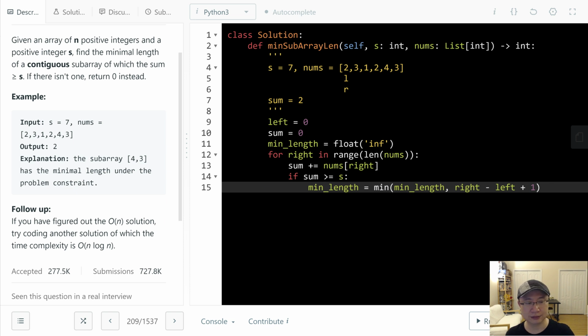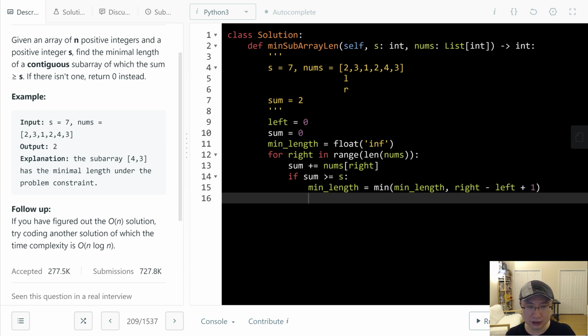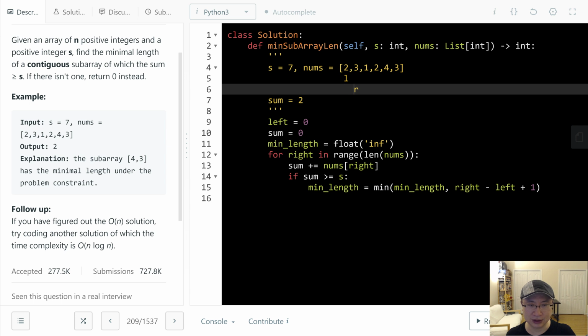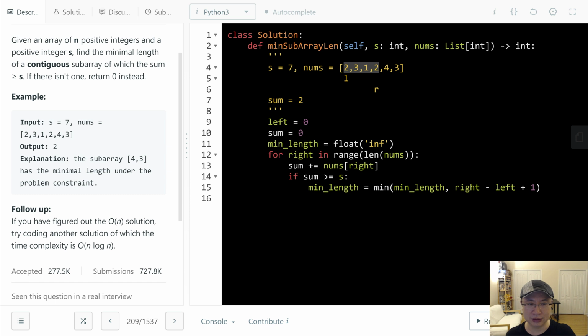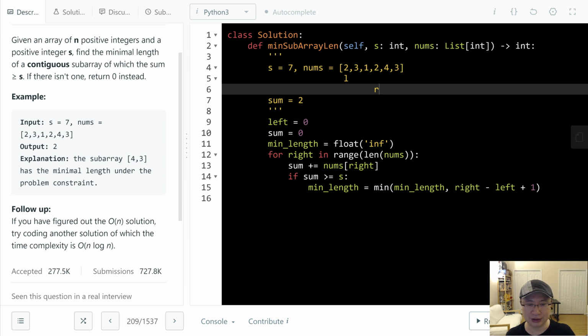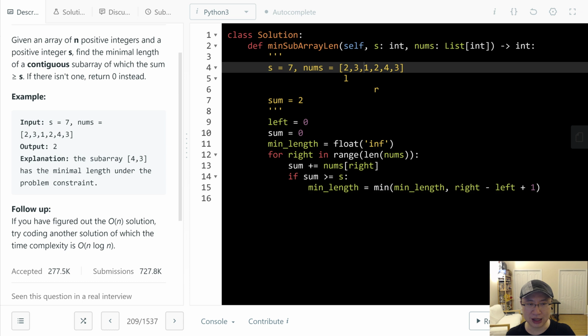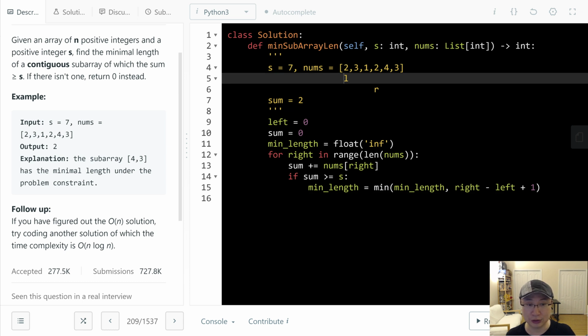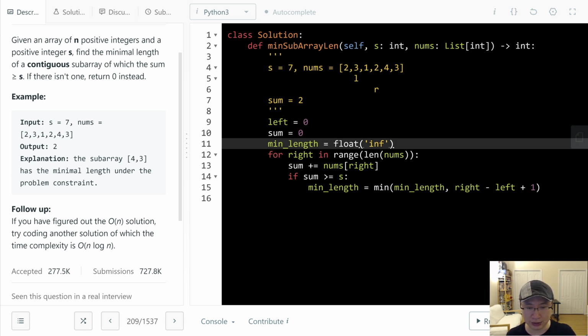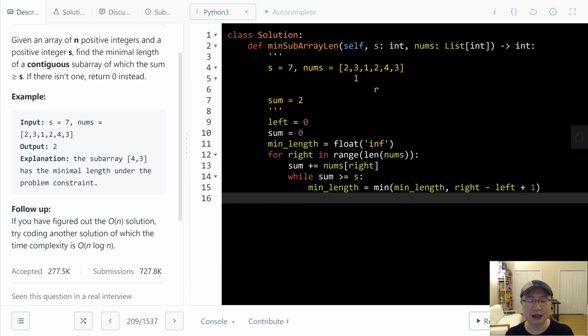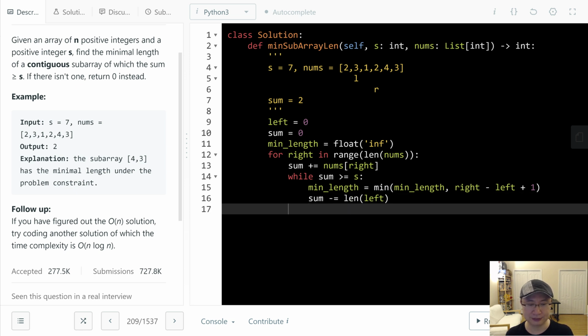Next, first this one, and then now maybe we can start here. This one is 6, 8. This one is the first here. At that time this is 9, so we would also like to check this one. So this one is also 7. Length, we can reduce more, so I will change this to while, and I will deduct sum minus nums left,